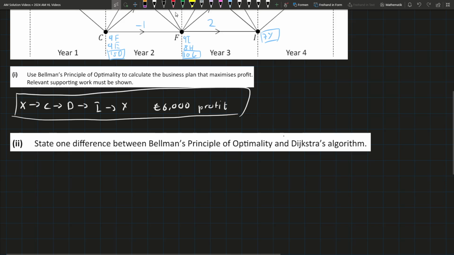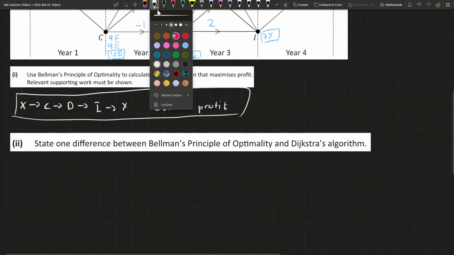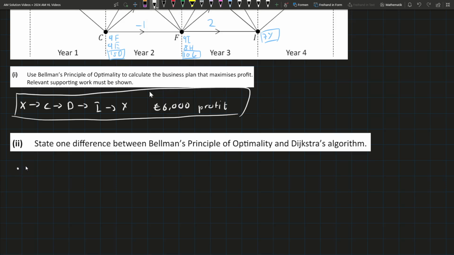Then it asks us to state a difference between Bellman's principle of optimality and Dijkstra's algorithm. There's a few of them. So one of them that you could say is that Bellman's is greedy, or isn't greedy rather, but Dijkstra's is. Or you could have also said